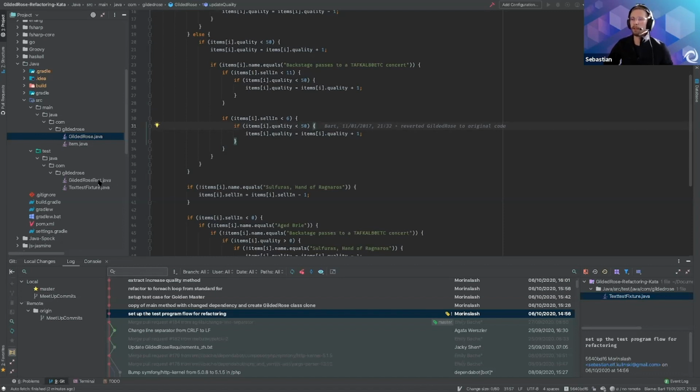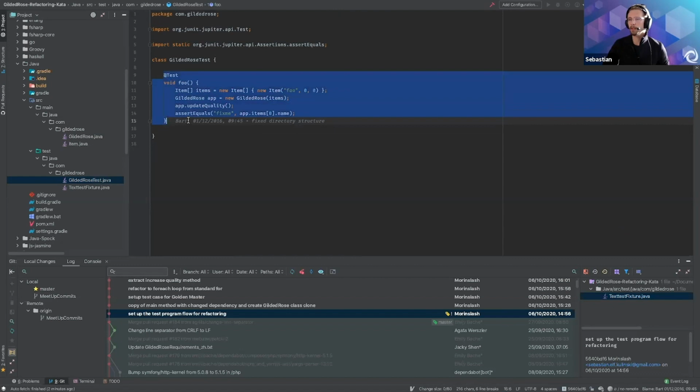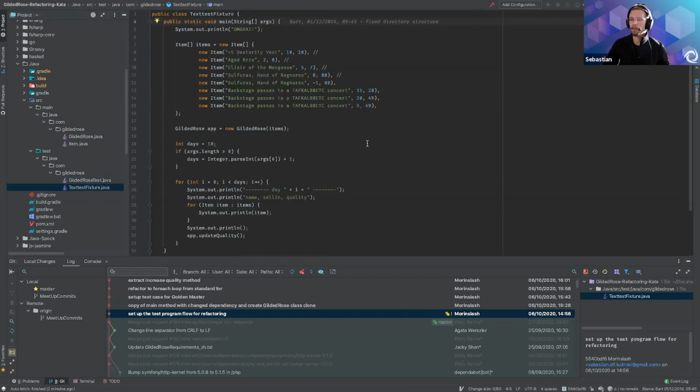What's already provided in the original code base is a simple test setup to work with, and a test fixture for the Golden Master technique, with items that are created, how many days we count for degrading items, checking them, and then printing the output as you wanted.